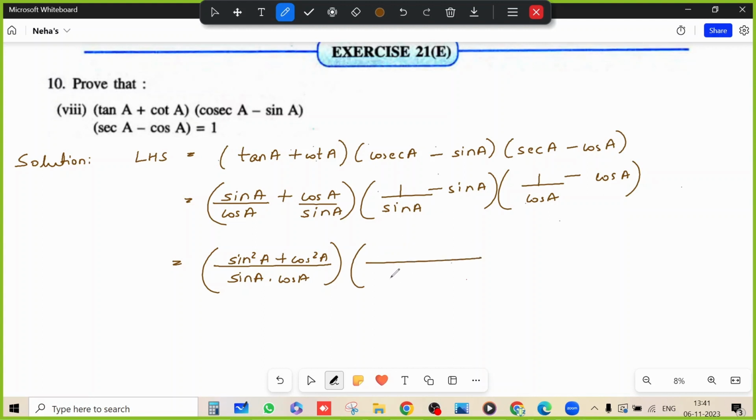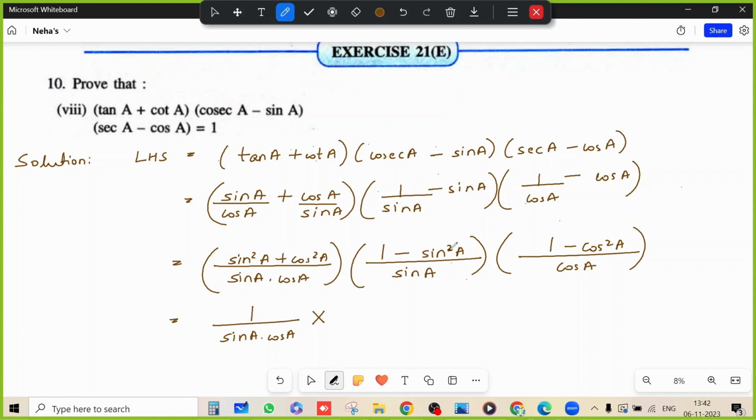The LCM of the second bracket is sin A, and the numerator will become 1 minus sin square A. The LCM of the third bracket is cos A, and the numerator will become 1 minus cos square A. Now here we know that sin square theta plus cos square theta is equal to 1. So the first bracket numerator will become 1. So this is 1 divided by sin A into cos A